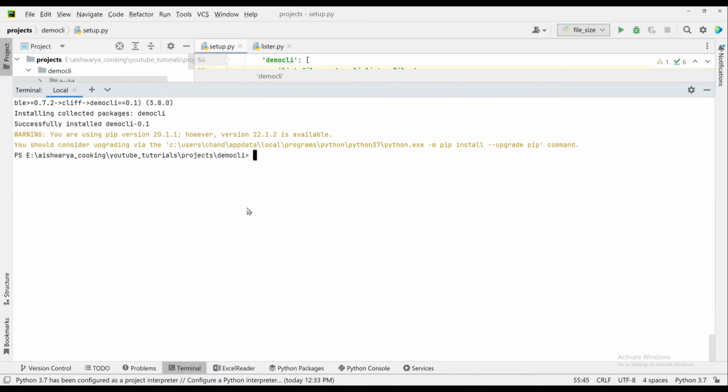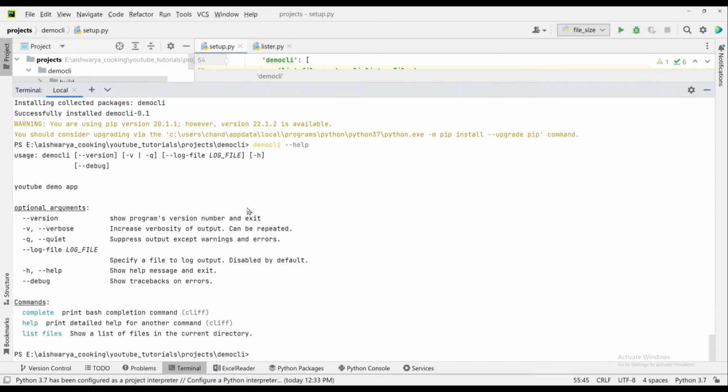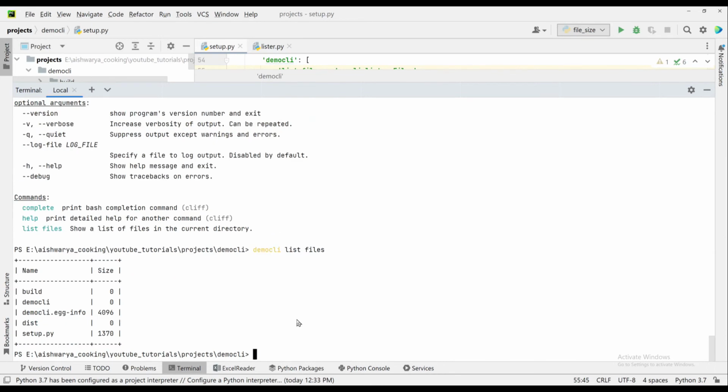Now let us execute the demo CLI command line and see. Here you can see it shows a list of files in the current directory. So let us execute this command and check the output. Yes, you can see the output. I'll be able to show the output in different formatters such as